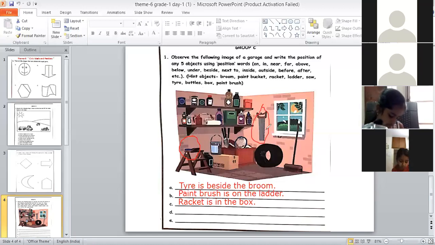Now try to use this saw and frame a sentence. Okay, ma'am. Saw is